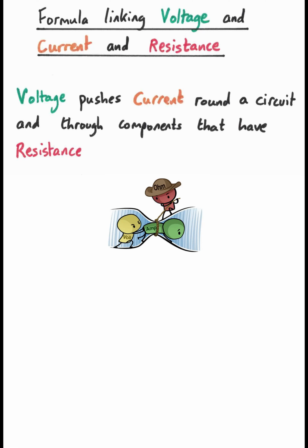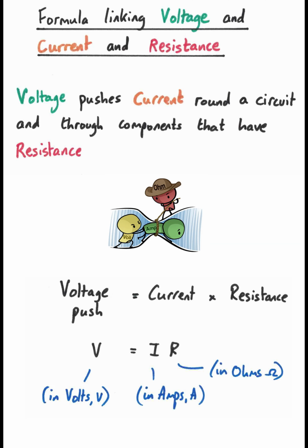Remember this stuff? Voltage pushes current round a circuit. I promised you an easy formula linking them. And here it is. Voltage, symbol capital V, equals current, symbol capital I, times resistance, symbol capital R. Voltage push is measured in volts, current is measured in amps, and resistance is measured in ohms,